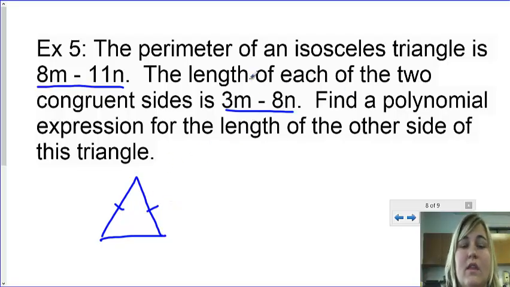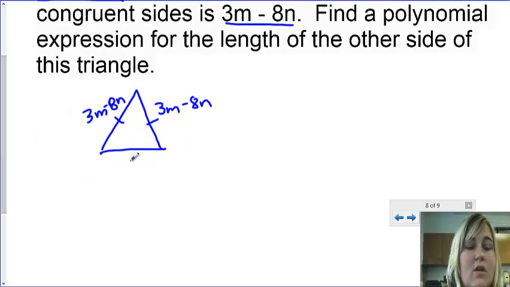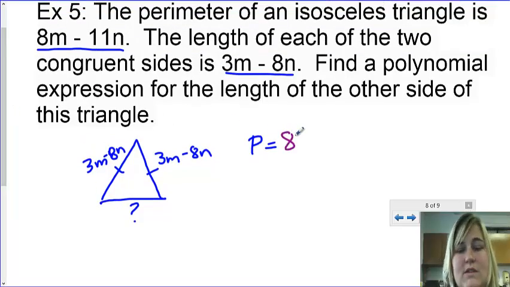So I know that the length of the two congruent sides is this 3m minus 8n. So this side is also 3m minus 8n. And I don't know this side right now, but I know that the perimeter is equal to that first number they gave me, which was 8m